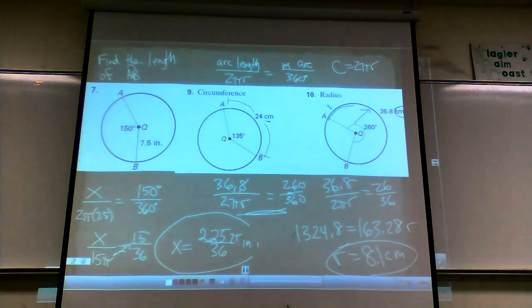But ones like this, where you find the radius, it makes more sense to go ahead and do 2 pi together. Get 6.28 just for an estimate, and then use that as this number instead of leaving pi. Okay? All right, so